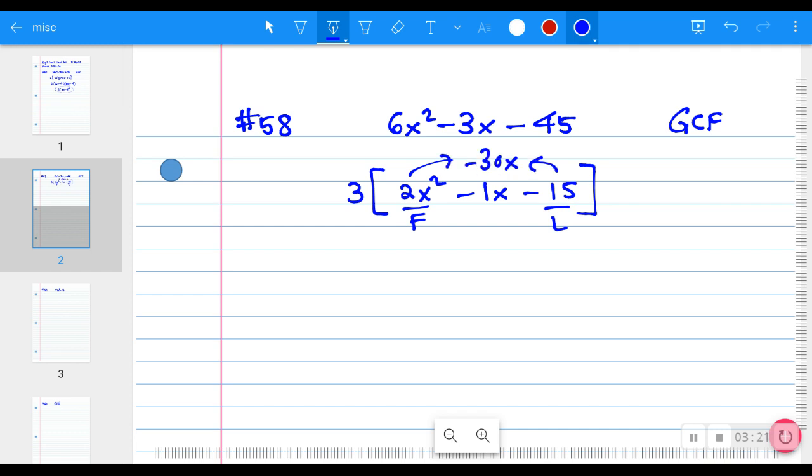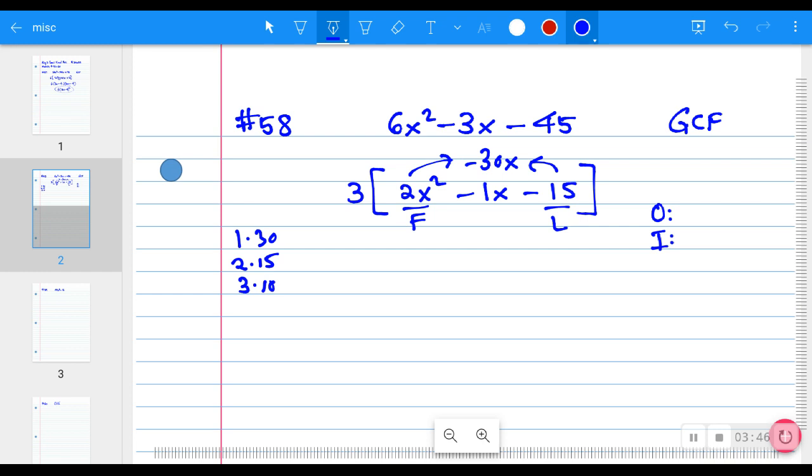Okay, now once you've done that, you're going to try and find the outside term and the inside term. And you do that by trying to find two numbers that multiply to give negative 30 and add to give negative 1. Now, if you list the possibilities here for 30, 1 times 30, 2 times 15, 3 times 10,